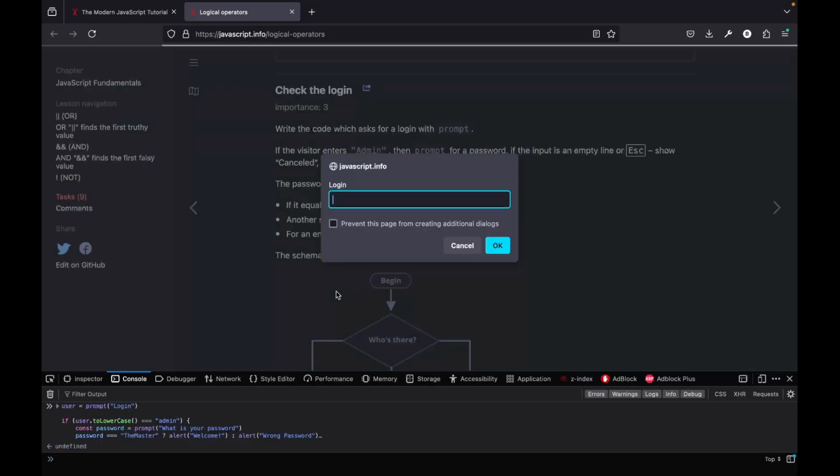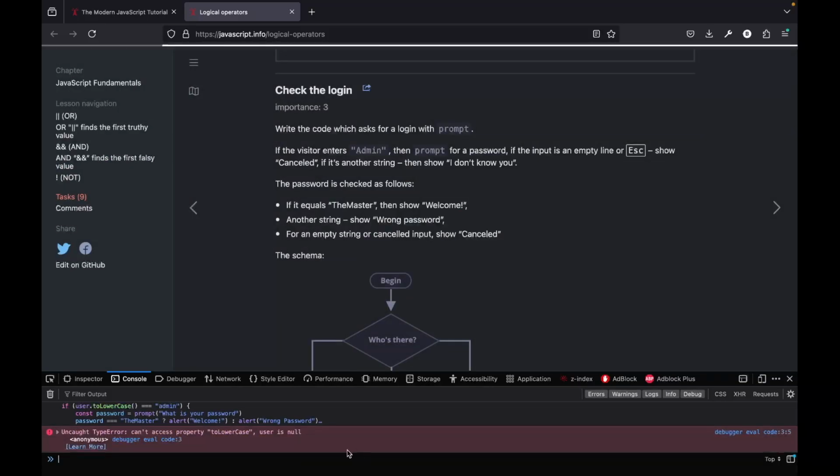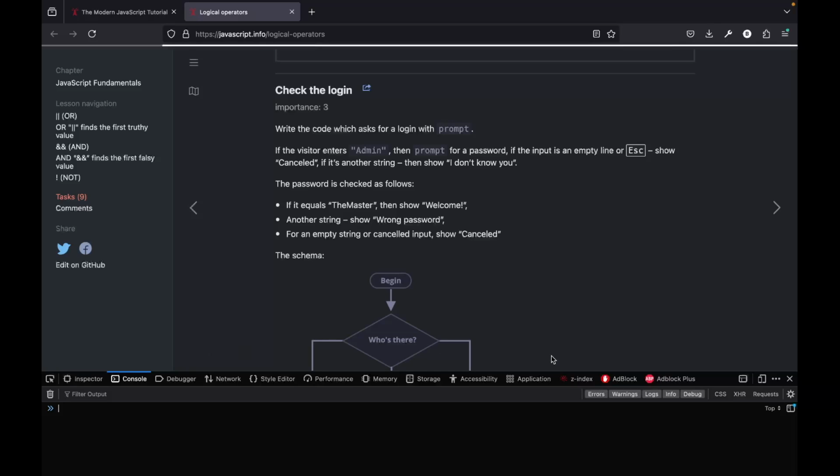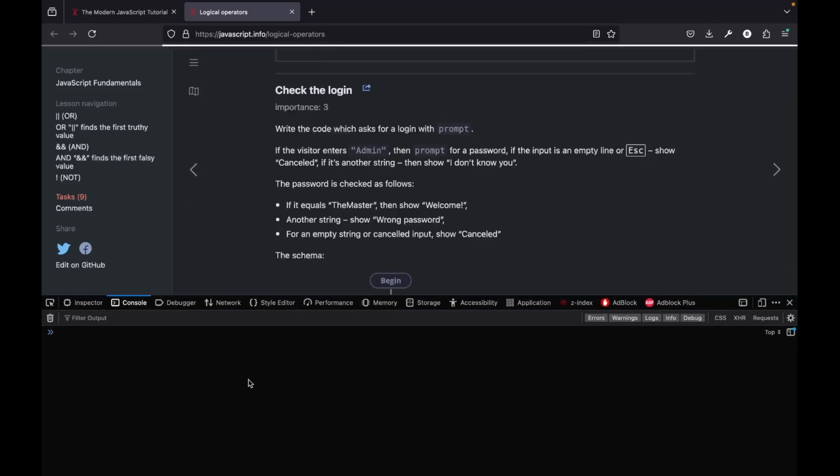If we escape, no, we can't toLowerCase. Oh, interesting. Okay. So in here, we're trying to toLowerCase null. Okay, so that's pretty interesting. So I honestly think we did a pretty decent job as is, but one thing we could do